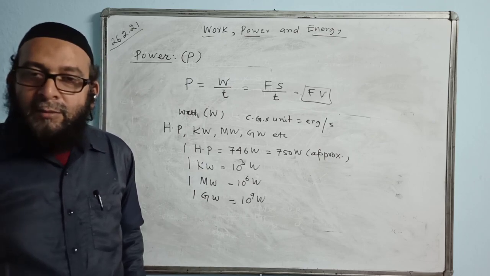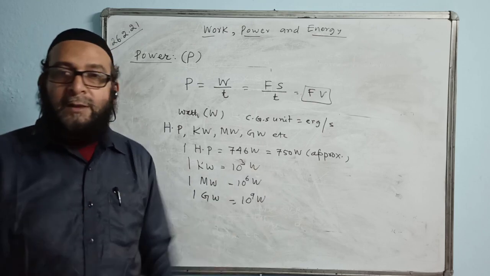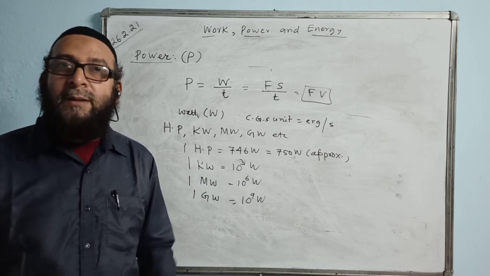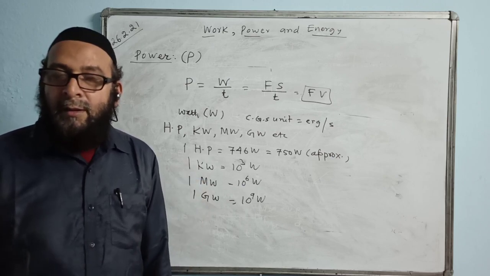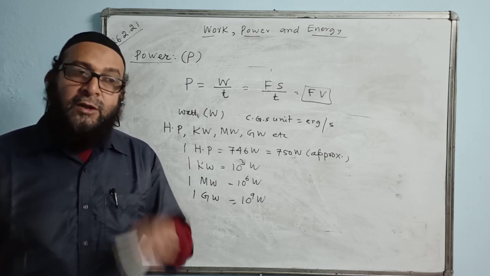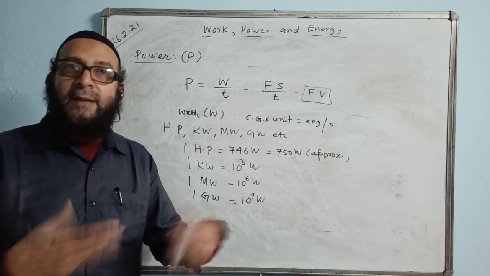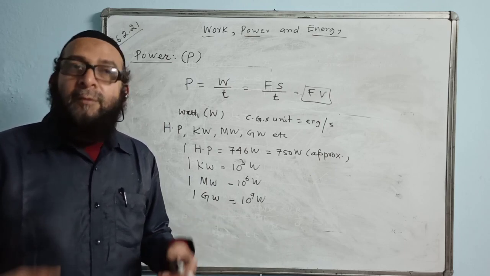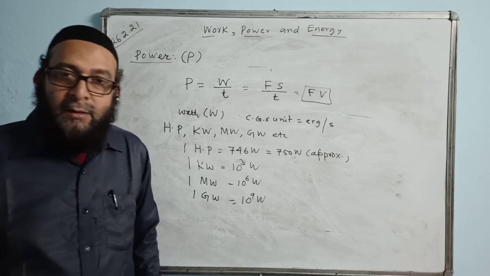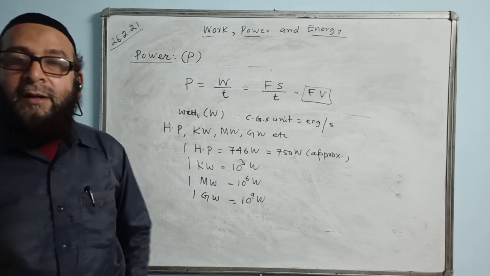Work will be the same because the same load they are carrying from one place to another place. The work done is the same. The ratio of work done will come to 1:1. But the man is expected to be more powerful because the man will do the same work in a shorter time, and the child will do the same thing but in a longer time. He may be walking slowly as compared to the man. So the work done by the child and the man is the same, whereas the powers are different.